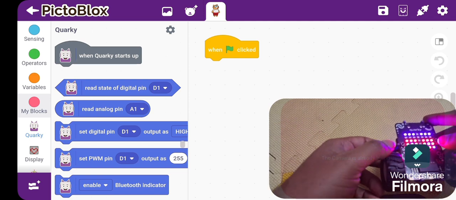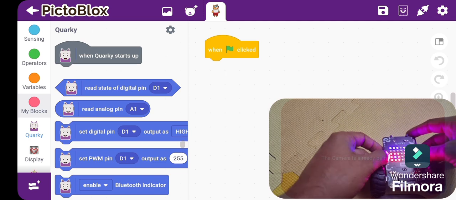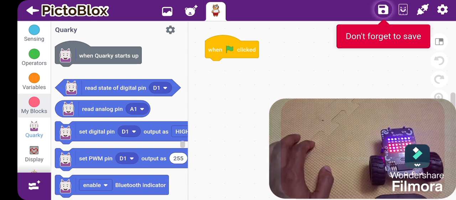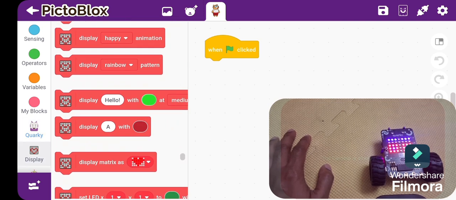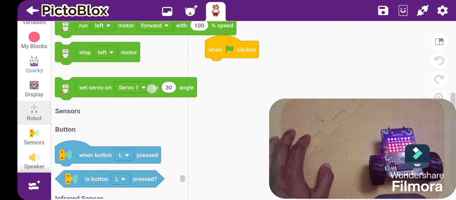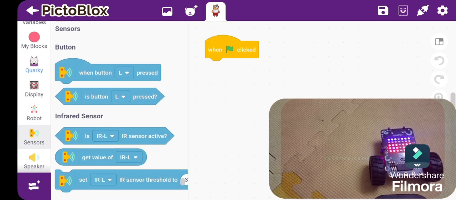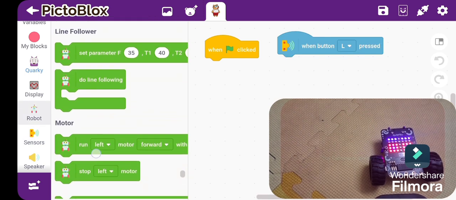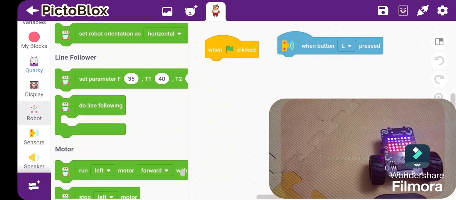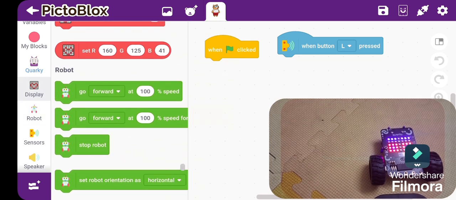And then you have 2 buttons on both sides. You can program it by using the button blocks. I haven't seen where it is before. Here, this is those buttons. So when the L button is pressed, what do you want to do? You just say when the L button is pressed, I want to go to the left side. So what you say, go